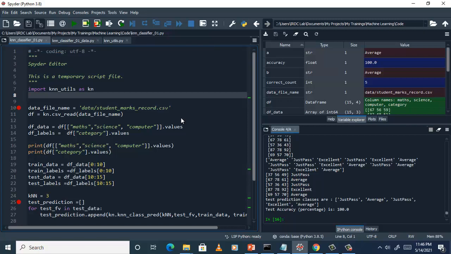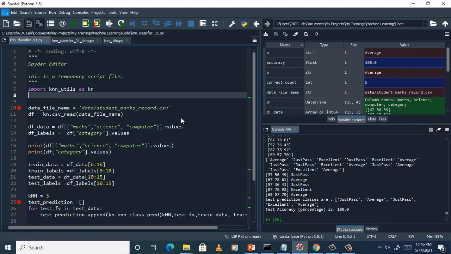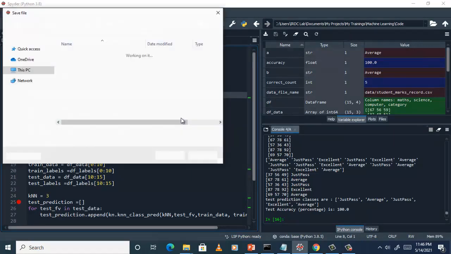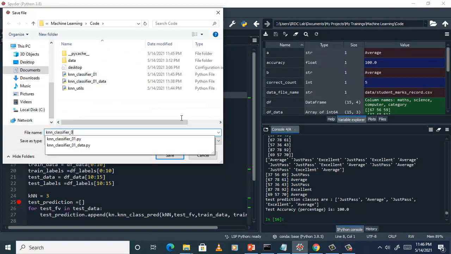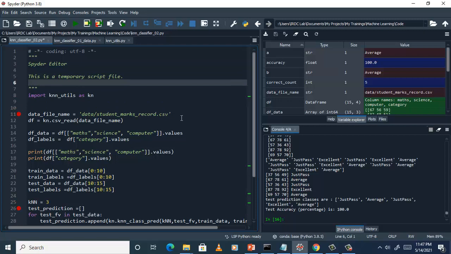So KNN 01, this can be taken as a 02, this can be saved as a 02, save, and what is this code about? It takes the data from a CSV file and